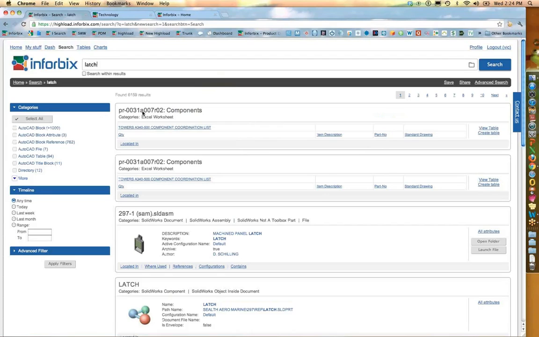A couple of years ago, there was a project that used a latch mechanism, and that latch mechanism was saved by this engineer called Josh. I'm not Josh. And I have just been asked by my boss that there's an element of that latch mechanism that I should be able to repurpose or reuse, right? Now,